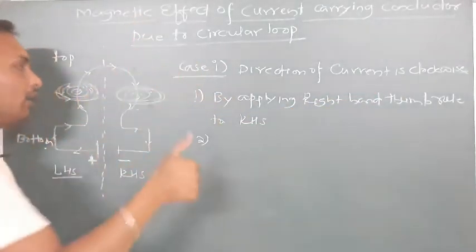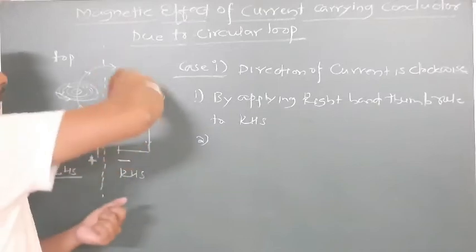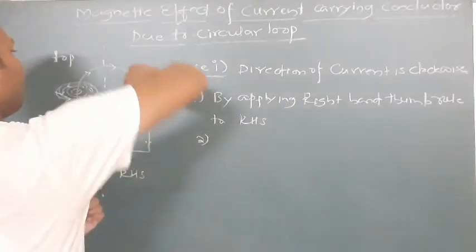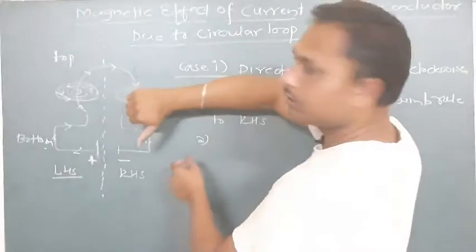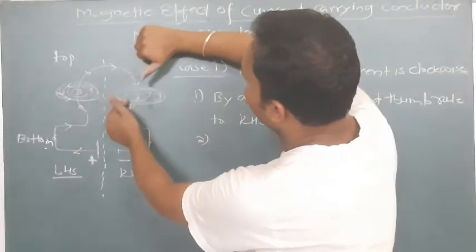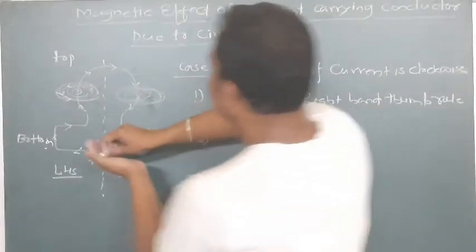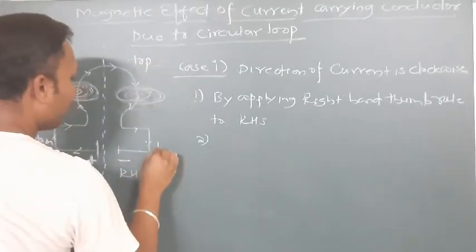Second point, once you have applied the right hand thumb rule to the RHS side, this is my right hand, I am applying the thumb rule. How does it look? The direction of current is this. So I keep the thumb pointing downside now, because the direction of current is downside. It is from top to